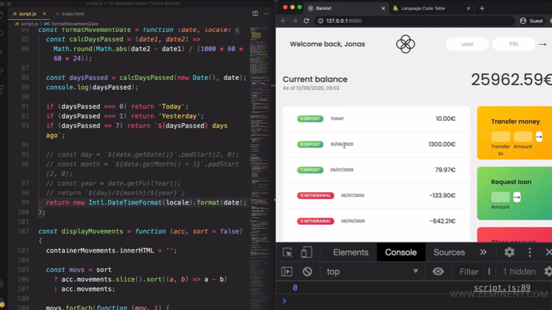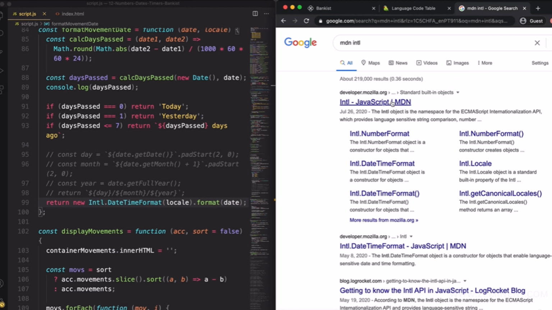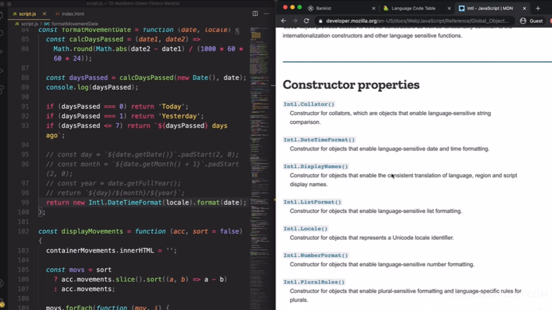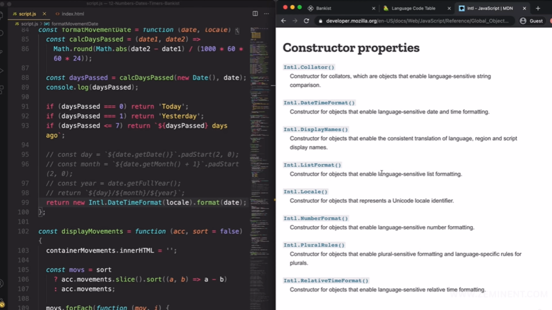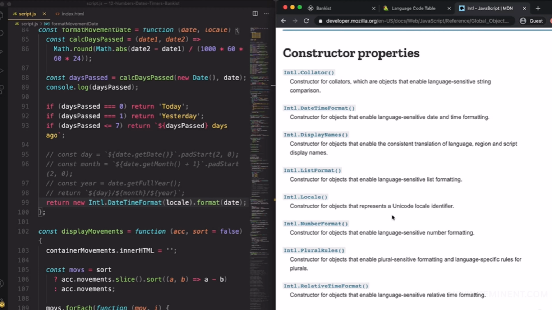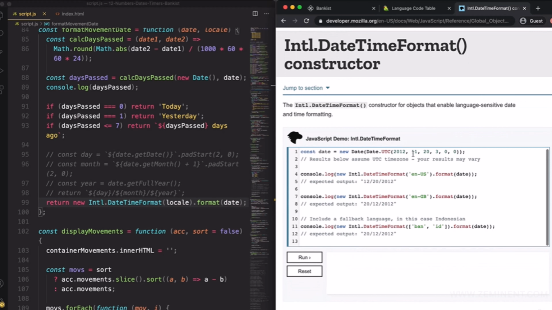This is how we localize dates in JavaScript using this new internationalization API. And as always, feel free to read the documentation on MDN. So that is just MDN Intl. So here we are going to find all kinds of different functions. As I mentioned in the beginning, there are all kinds of stuff that we can do with the API. So besides dates, we can also format lists or words like our plurals. But we are going to learn about this one a little bit better, that we just used. So you can go ahead and read the documentation here,